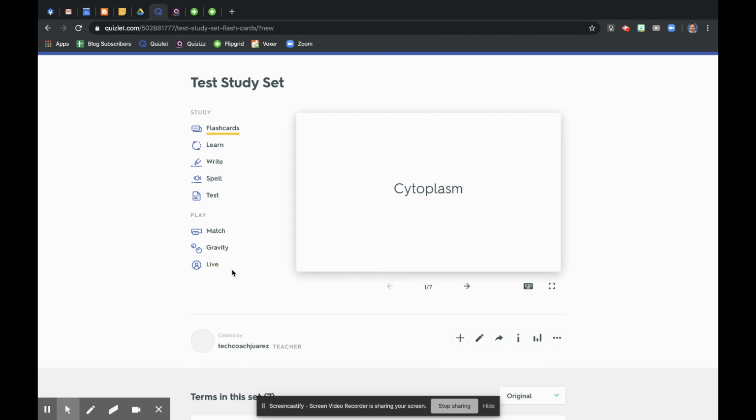In a nutshell, with Quizlet Live, once kids join with a code and all kids are in, it'll randomly put them in groups of 3 or 4. And then they go through each of the however many terms that are here. Each kid will get a possible answer, but only one of them has the right answer, so they have to talk about it. And the kid who has the right answer is the one who submits. So it's a good way to build in some gamified collaboration while they study their